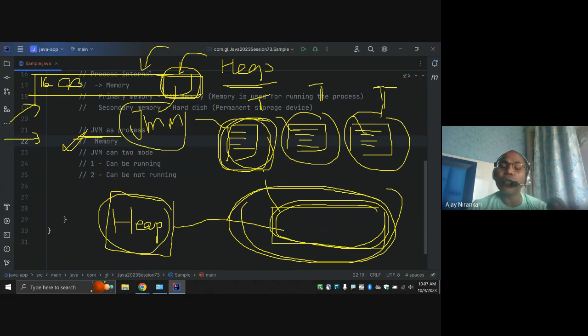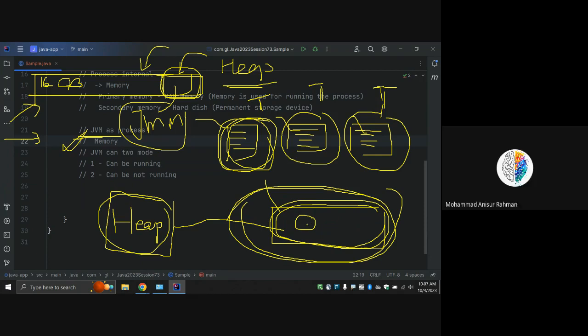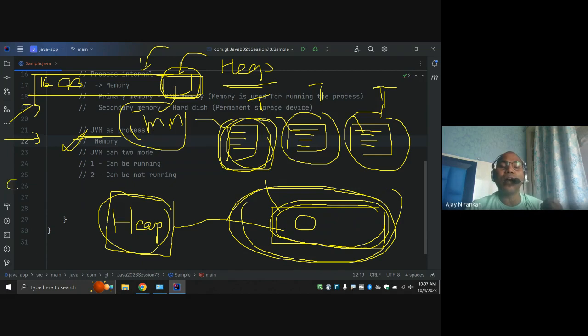And whenever I'm going to create any Java object, it requires memory, right? That memory is known as heap memory. So whenever I say, hey, I want to create a class Test and create a new object of Test, it needs memory. From where does the memory come? JVM says, yes sure, you want memory? I have 1 GB of memory, and that is known as the heap. So I'm allocating it and storing this object in my heap.